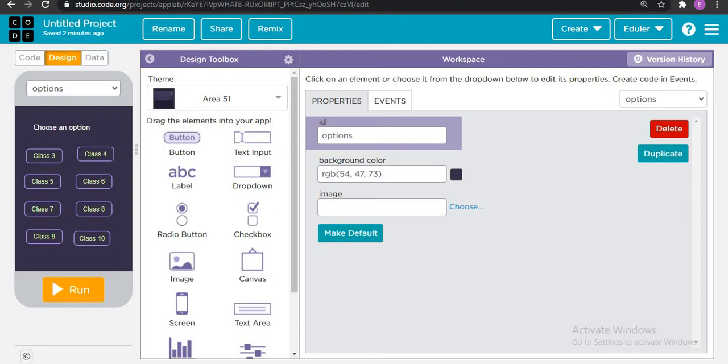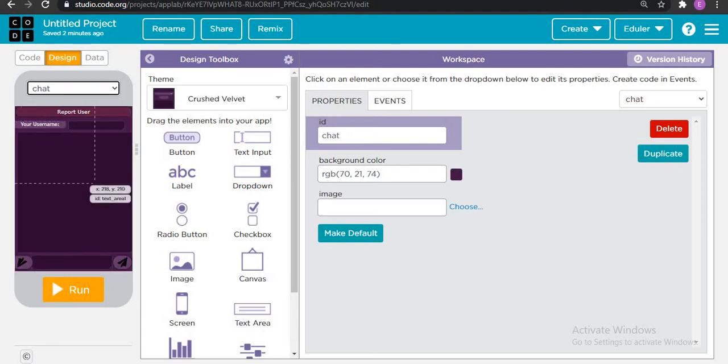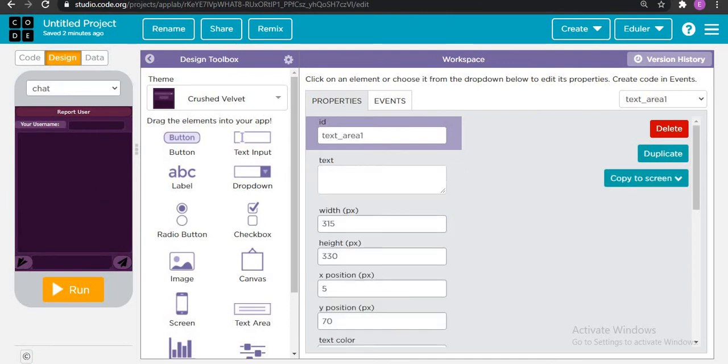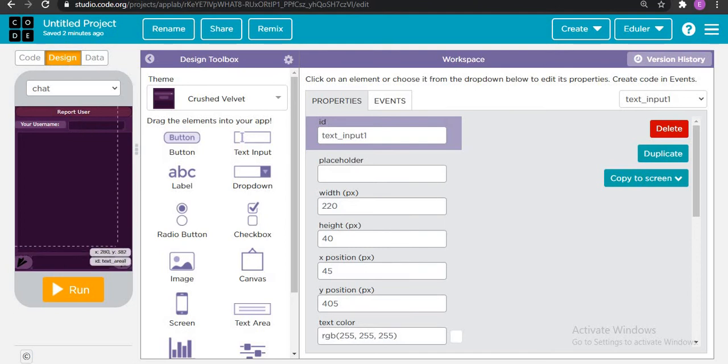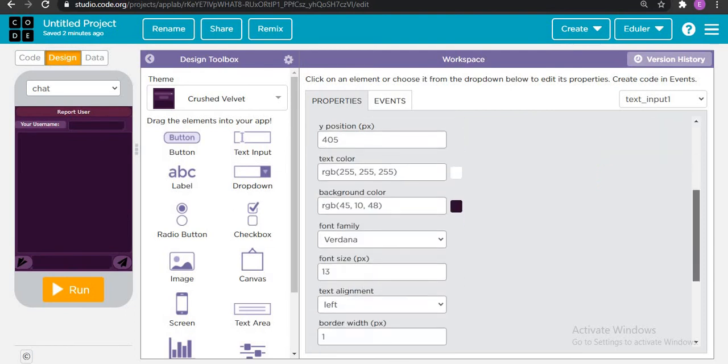Now I have explained this screen. What if someone clicks a particular button and it redirects them to the chat screen? Here I have inserted one text area, and then one text input, two buttons for sending and receiving the messages, and the same are there in the icons part.